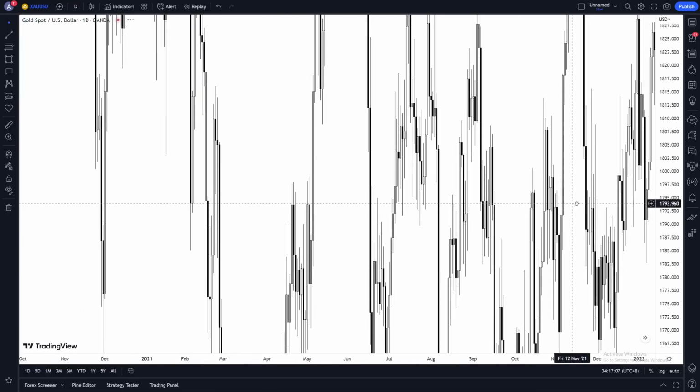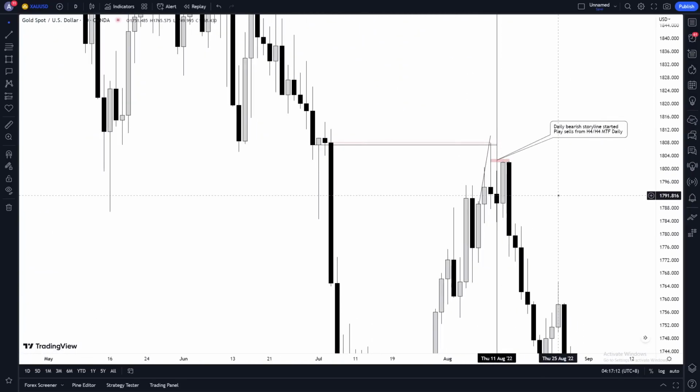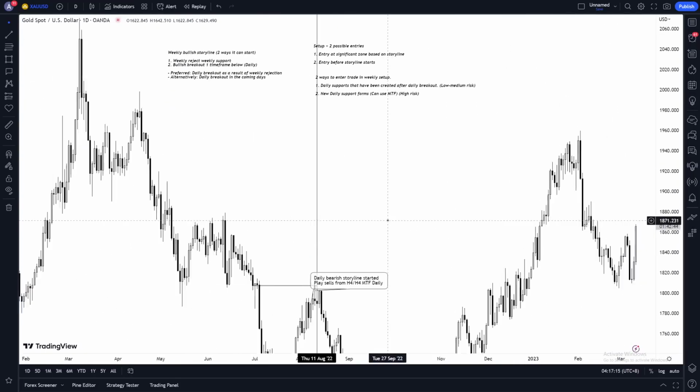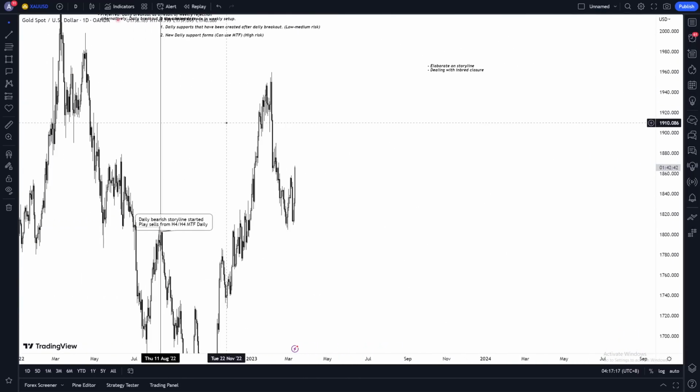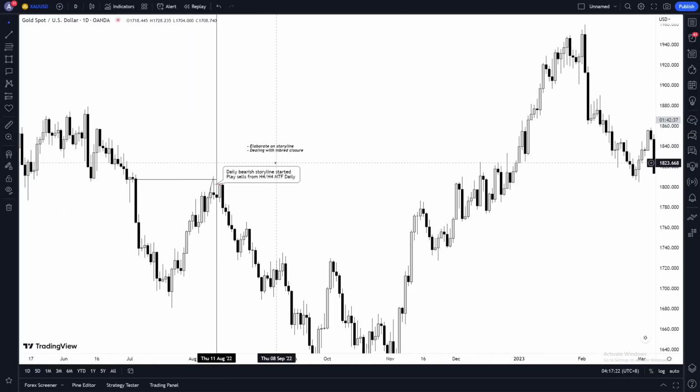Now you guys may be wondering, okay, Avi, but then it closed oddly here. It doesn't matter if it closed as an Alabama closing or an inbred closure. It doesn't matter unless the inbred closure starts a new storyline, which it didn't do. Okay, so if we have a daily bearish storyline, the first thing you need to understand in this setup, right? Every setup is very unique. The first thing you need to understand in this setup is that even if it were to be a daily bullish storyline, it's not going to be too wise for us to buy.